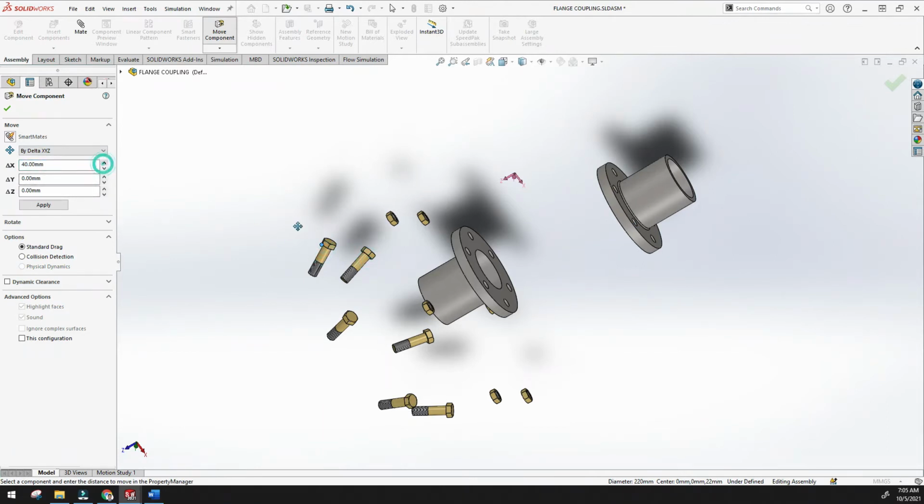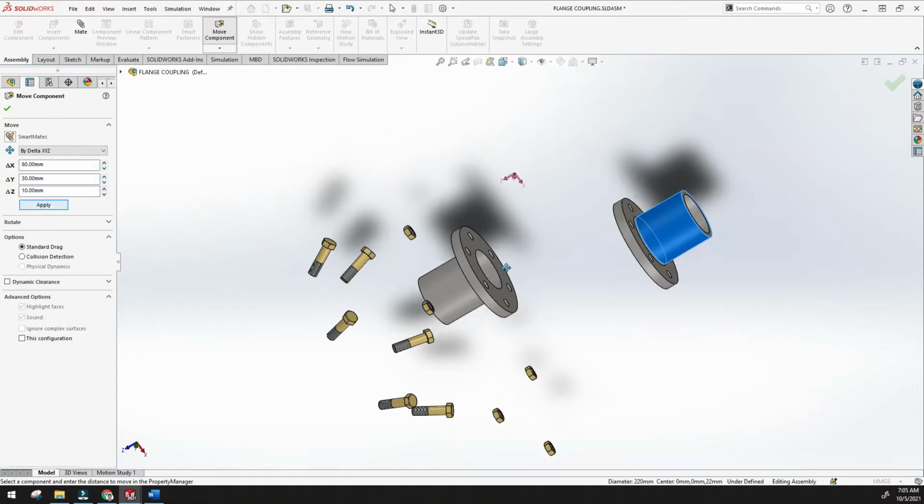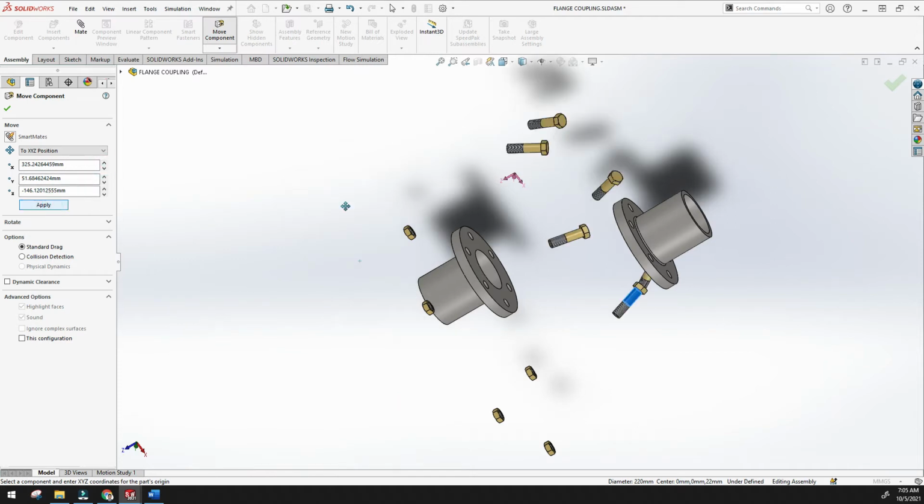If you want to select any one component, you have to move it. Then you can give the value here and just apply, so it will move like this. And the to XYZ position is there. Just select this one and give the value where you want to move, and it will move.